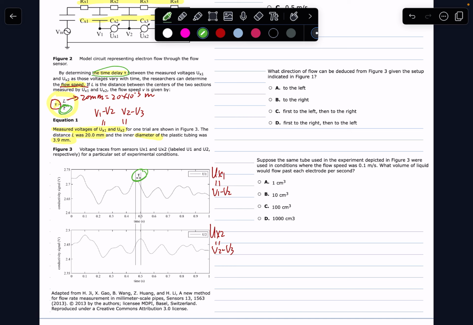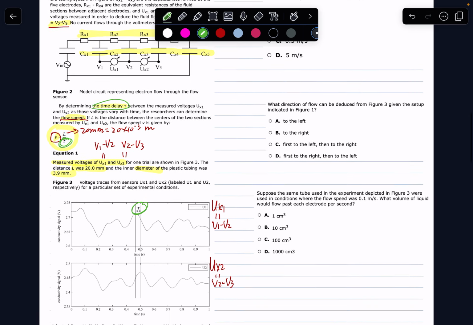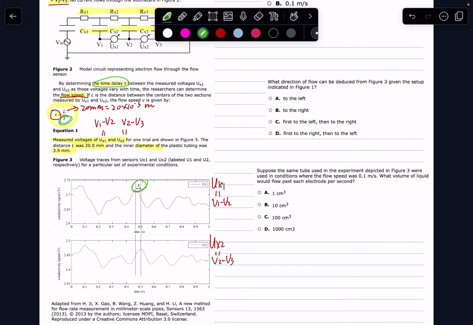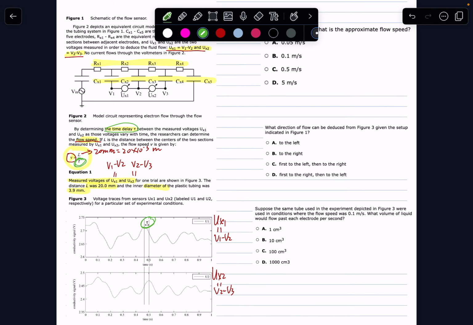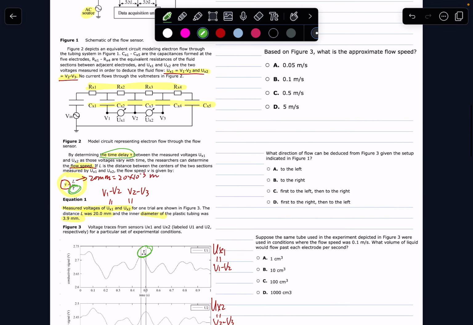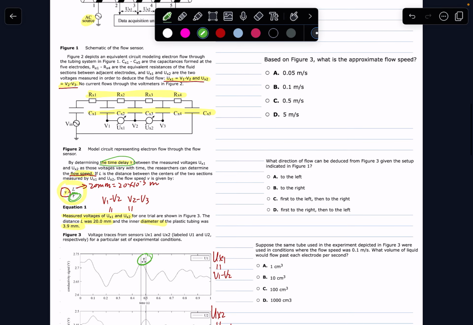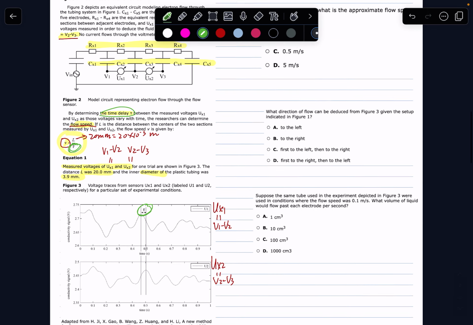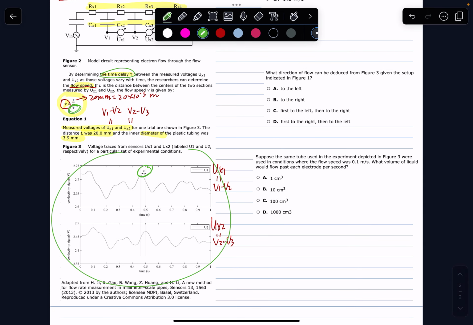This is an overwhelming passage. There's a lot of information and intimidating figures. But it's okay, I know my relationships, I know what everything stands for, I know all the variables, and I think I'm good to go. So the first question says, based on figure 3, okay, figure 3 is here,